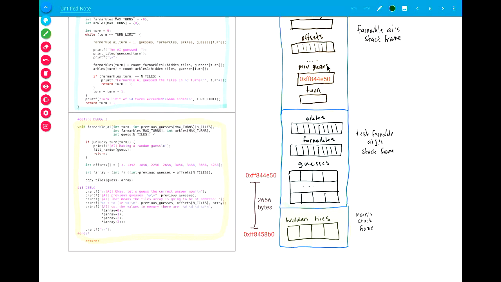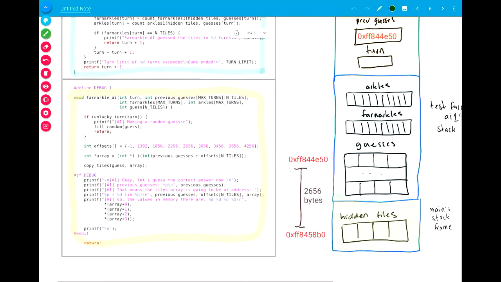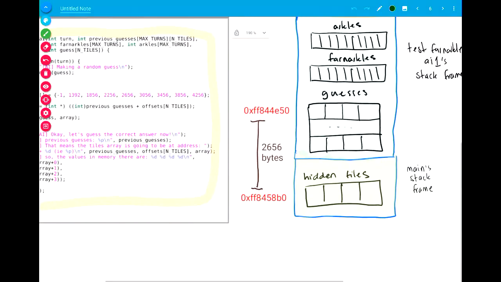So I am given a pointer to the array in the other function. I don't have the array itself, I have a pointer to it, so I know the address of where it is. And I also happen to know that the space between this array and the hidden tiles in the main function is exactly this many bytes away. And so if I know where the guesses array is, and I know that if I go down another 2,656 bytes, that's where the hidden tiles array is,